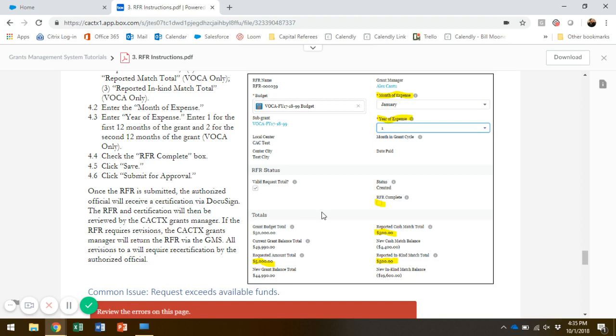The other thing to note is that there are no more adjustment notifications. Typically with the former Excel process, if a center had a minor revision, CIC Texas could mark down an expense and just revise the RFR on our side. That's actually not something we'll be able to do in the GMS. So any type of error or change is going to require an RFR to be returned, and then it will have to be recertified by an authorized official. Okay, so